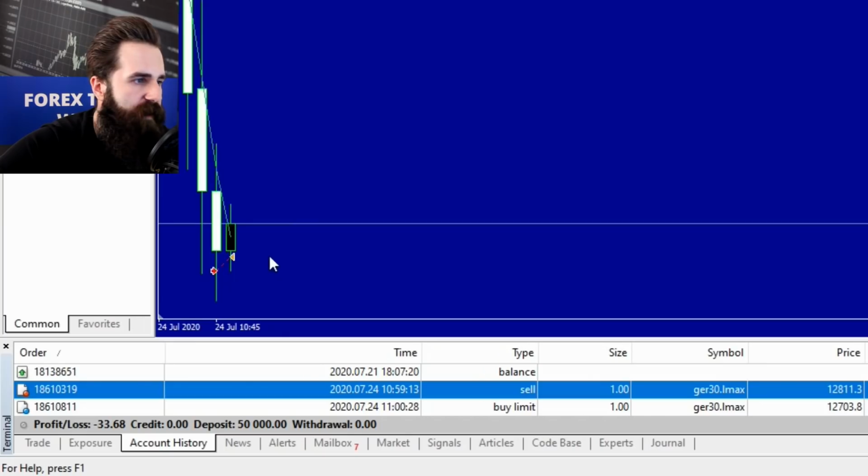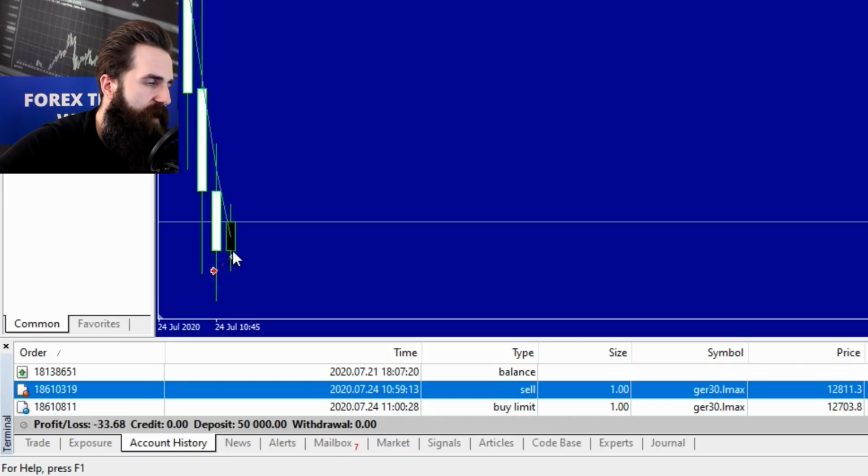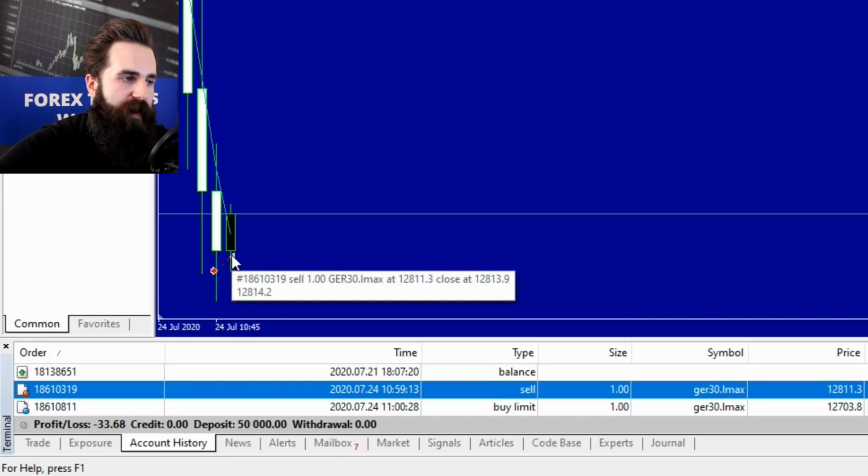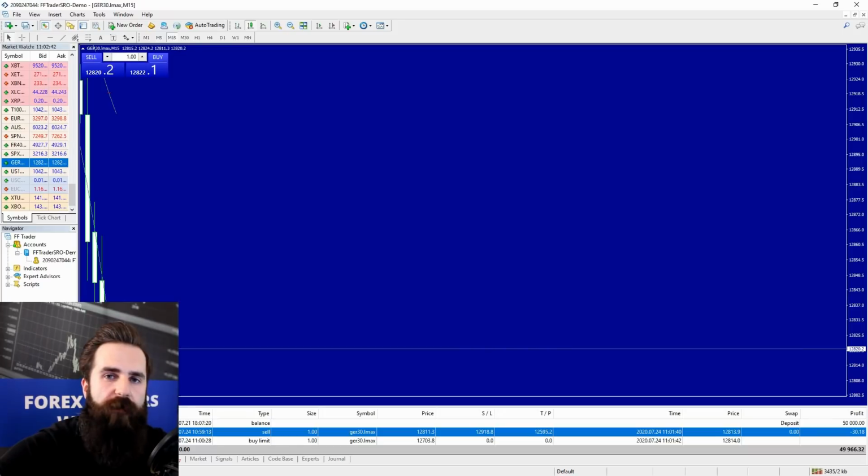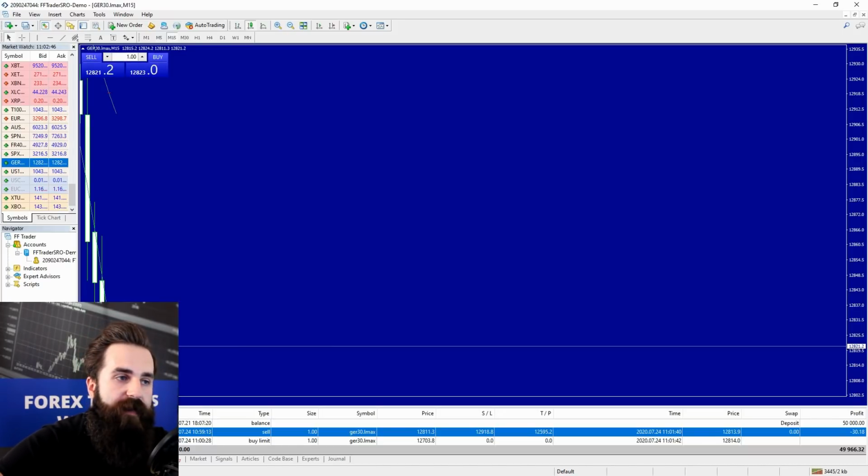If you can see it, I went from here to here, and that's basically how you can review all of your trades. Now, of course, another great advantage of using MT4 is that the user base for MT4 is quite huge,